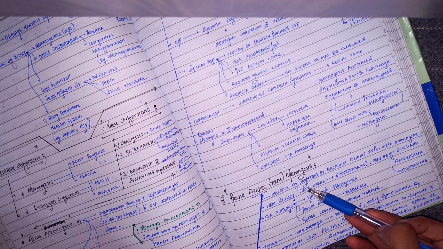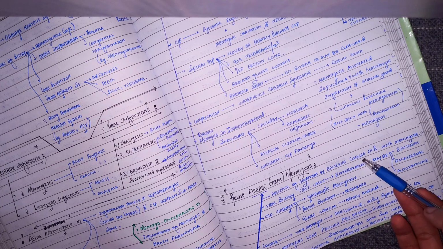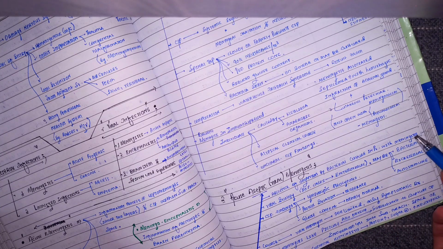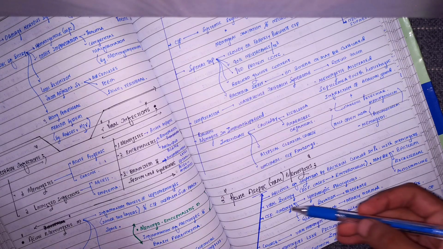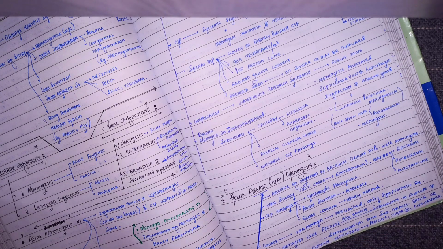So look here, absence of the organism by bacterial culture in a patient with meningitis. एक पेशेंट है जिसको मेनिंजाइटिस है, आपने उसका CSF कल्चर किया, बैक्टीरिया नहीं मिला, उसको एसेप्टिक मेनिंजाइटिस कहेंगे। ठीक है, फिर अगर बैक्टीरिया नहीं है तो फिर कौन होगा कॉजेटिव एजेंट? मोस्टली फिर वायरस होता है। ठीक है, 80% केसेस में वायरल इटियोलॉजी ही होती है। और वो भी इंटेरोवायरस होता है। ठीक है बेटा, इस तरीके से।